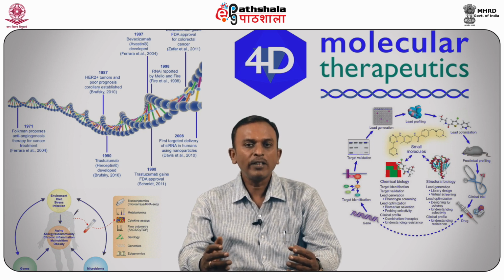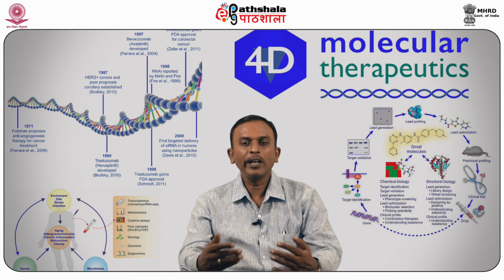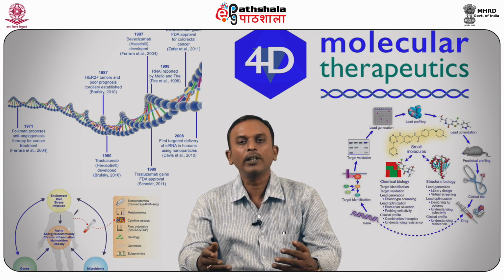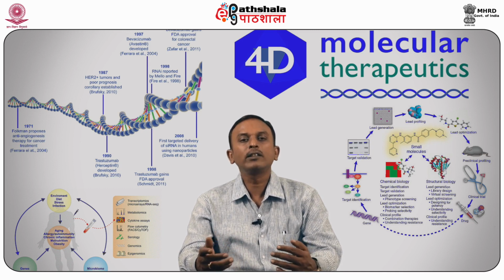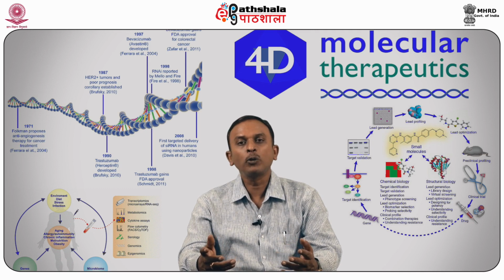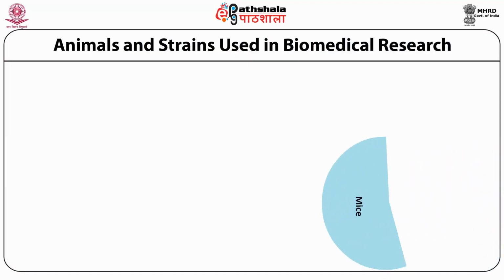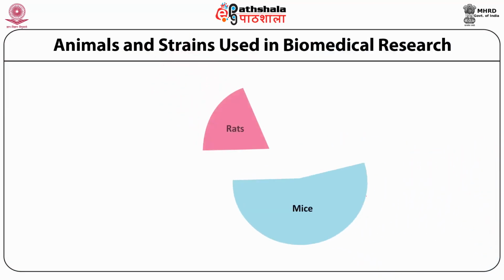Mice also have a very short breeding cycle. You can get enough pups every 21 days. The animals are continuously in estrus and get pregnant again after delivering, and they have a large litter size. The mouse genome is closely related to the human, and we have extensive genetic knowledge of mouse models.